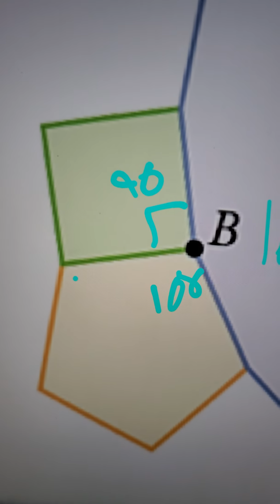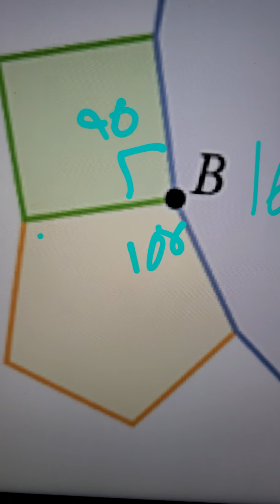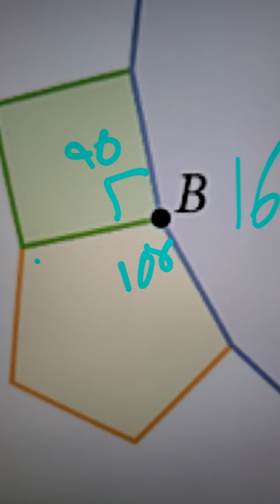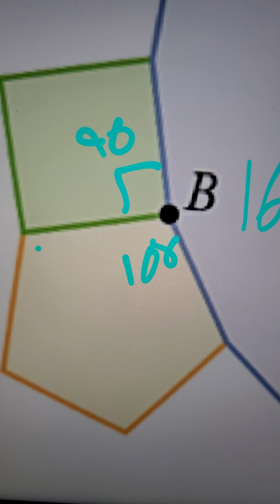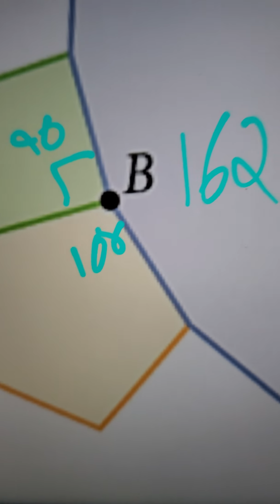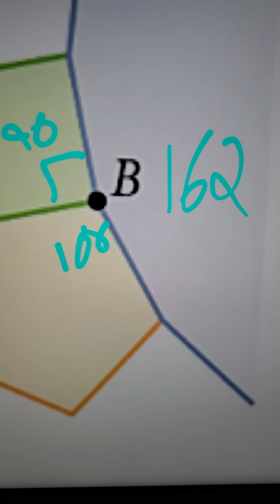So this is a square, and if you don't know that it's 90, you don't know the conjecture for the triangle, for the rectangle, square, then you do, well, how many triangles does a square have? And it has two. Well, two are 180, and you basically do that and just get 90 for each angle. And the same thing goes for this shape too. You see how many triangles it has,